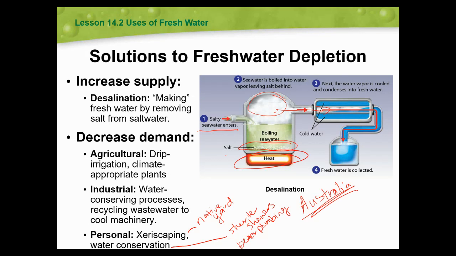When you go to purchase new appliances that use water, so things like dishwashers, washing machines, that kind of thing, you can look at the Energy Star rating and it'll tell you how much electricity it'll use, how much energy, but it'll also tell you like how much water. So you can get washing machines that will sense how much water they need so that they don't use too much, things like that. So those are kind of your water conservation choices.